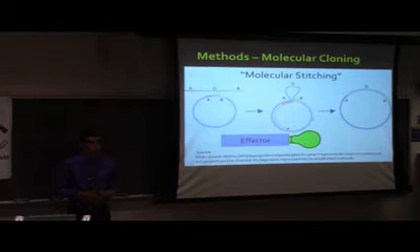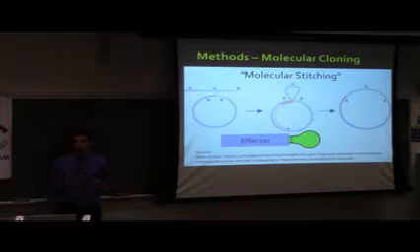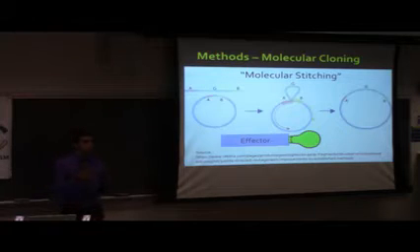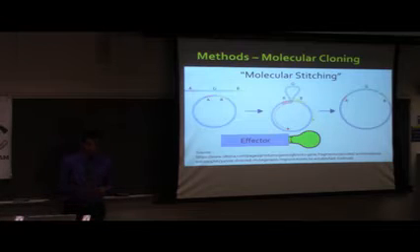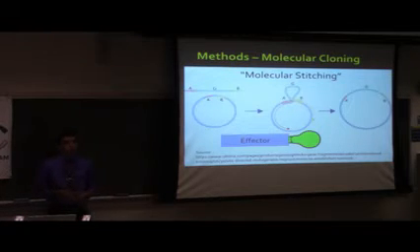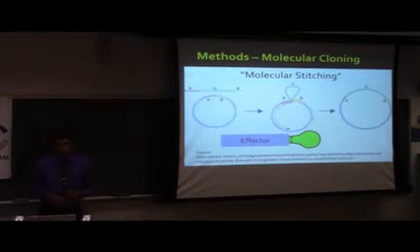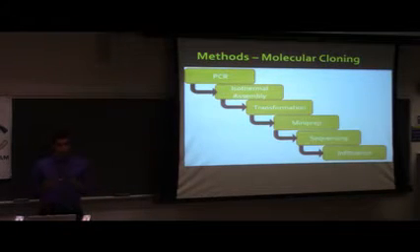This is also called molecular stitching, and what happens here is that a DNA plasmid is cut open at a very specific site, and your gene of interest is inserted into this plasmid. On the bottom figure, I show where the effector goes into the plasmid of interest, where it then meets with the GFP gene, and the two are fused together and join the rest of the plasmid, sealed and stitched together. The gene of interest is tagged with GFP to assist in localization and visualization of where these effectors go once inside the cell.